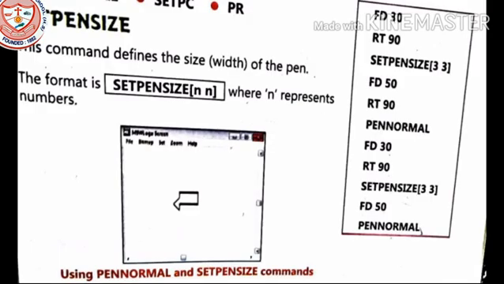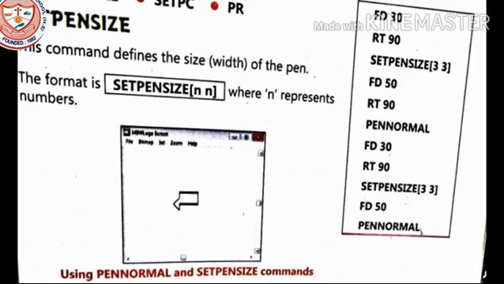Set pen size. So what does this command do? Let us see. This command defines the size, that is the width of the pen, how thick or how thin it should be. The format is set pen size, in brackets n, where n represents a number.